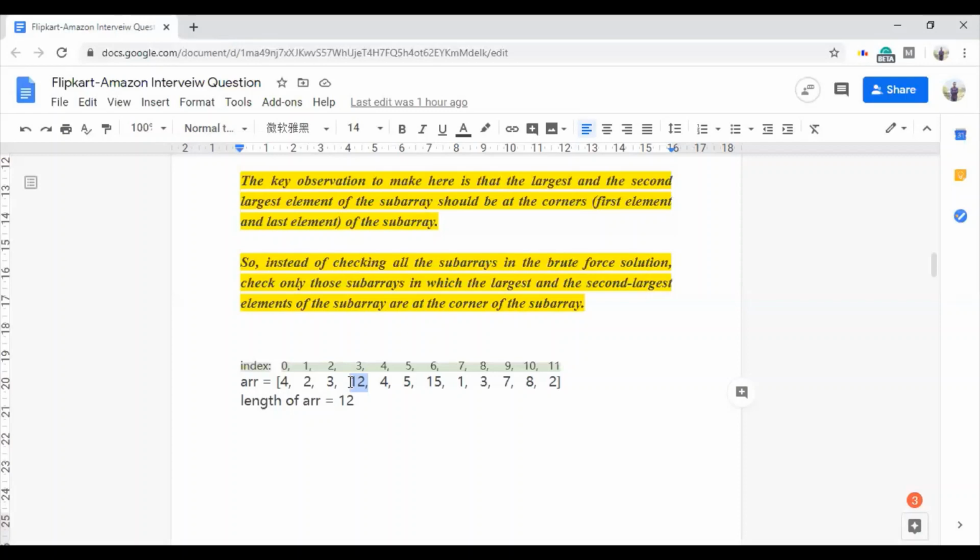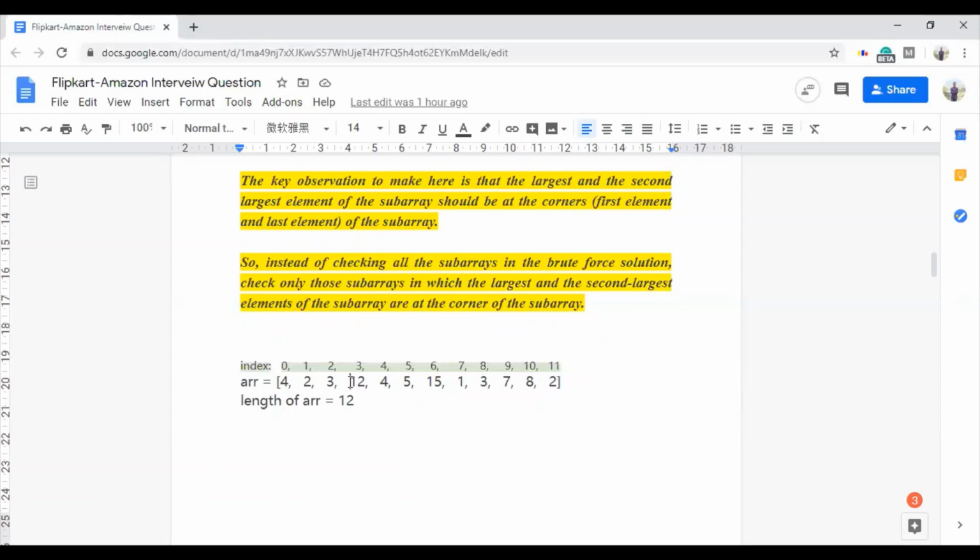Why will we not go behind this? Because on going more backward, if we find an element which is smaller than the ith element or equal to the ith element, there is no point in keeping that element, because now the ith element is the second largest element and the 12 is the first largest element in this example, right? And so those elements, they are smaller than the ith element, they are just a waste for us.